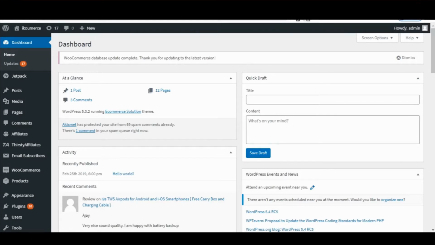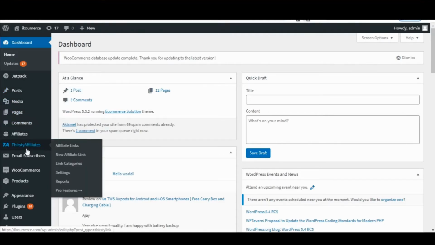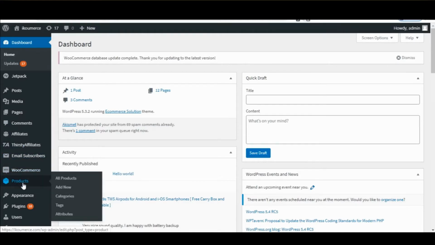So this is the dashboard of iCommerce, which is our e-commerce store. This is the post section. This is the media section. If we want to add product, we will directly go to the product section. This is the product section. I hope all of you are aware about WordPress, and you have a basic knowledge of WordPress, about plugins, posts, and all type of stuff. So I'm assuming that you have a basic knowledge of WordPress, and we will directly move on to product area.